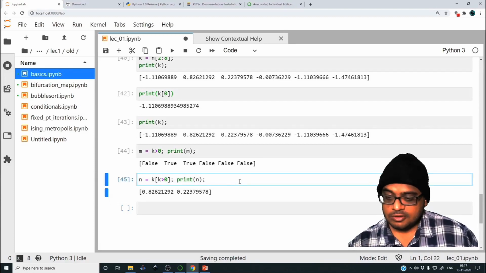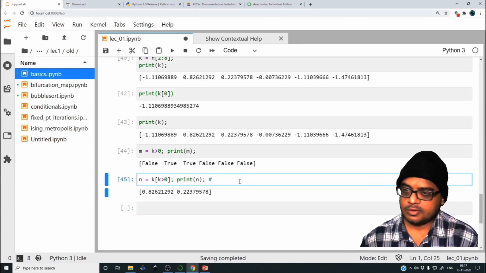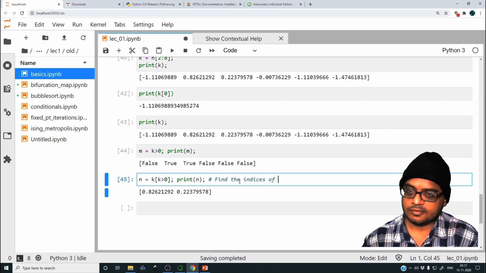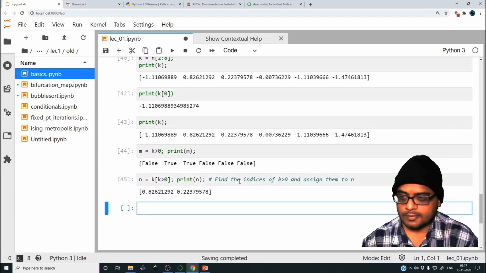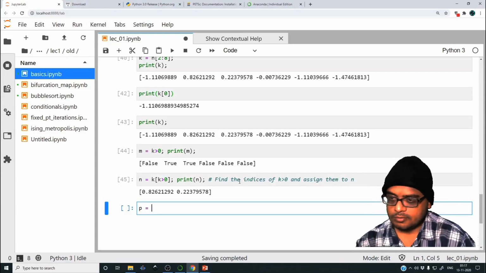The meaning of this statement is: find out the indices of k which are greater than 0 and assign them to n. Or equivalently, I can write p equal to,